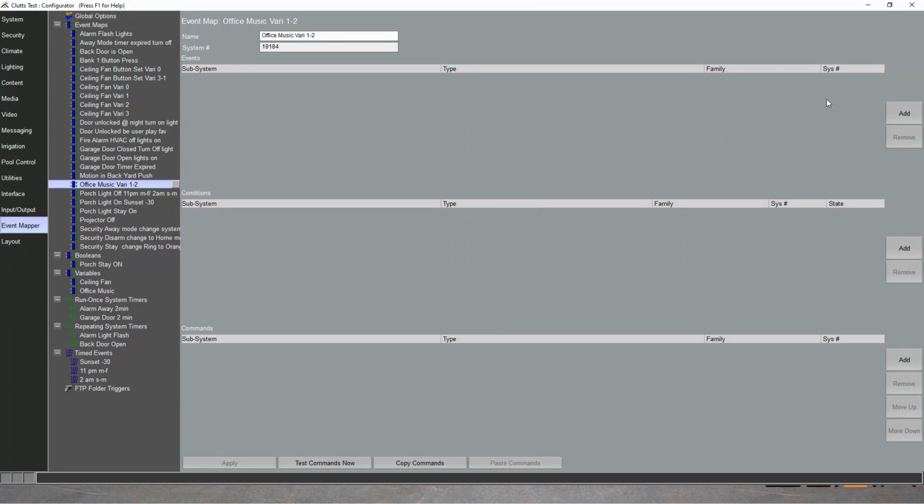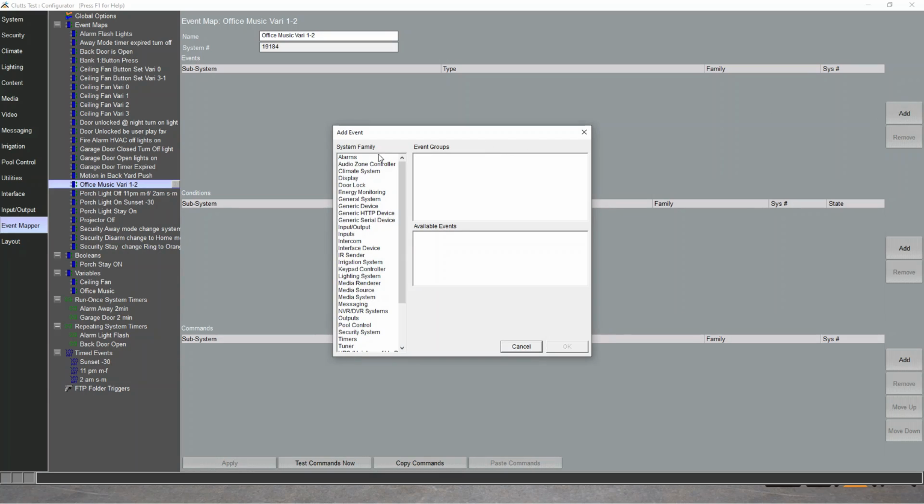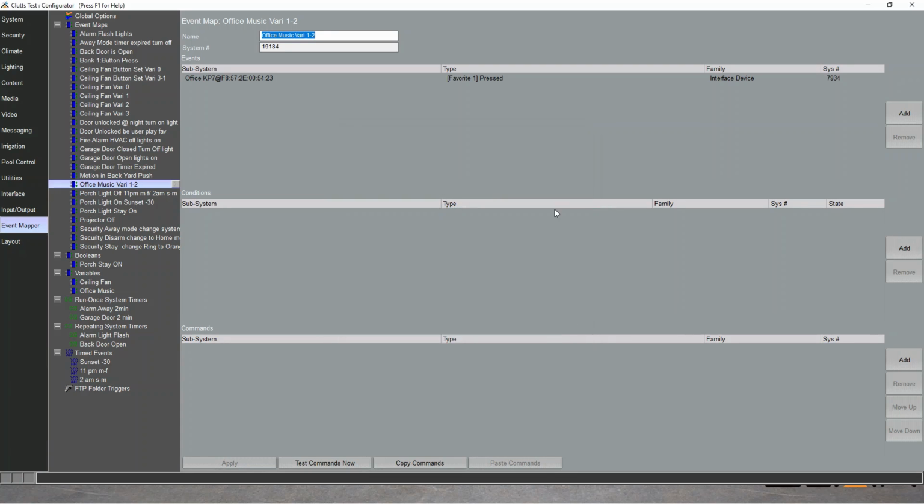So we're going to do the same thing. In this case, we're going to make it count up. So we're going to use our interface device, Office KP7. I'm going to use favorite number 1. So when favorite number 1 is pressed,